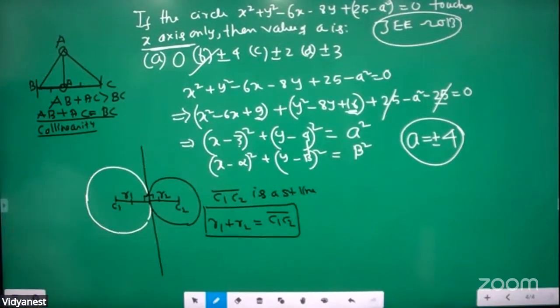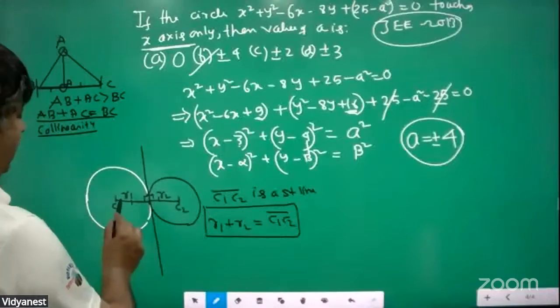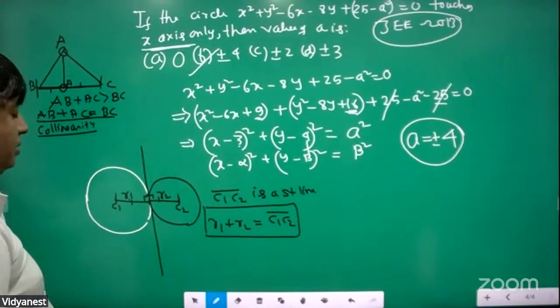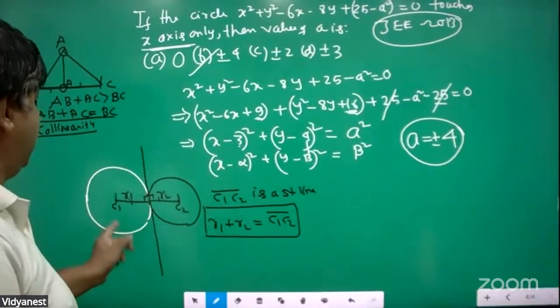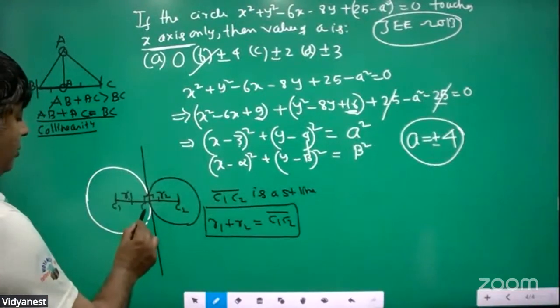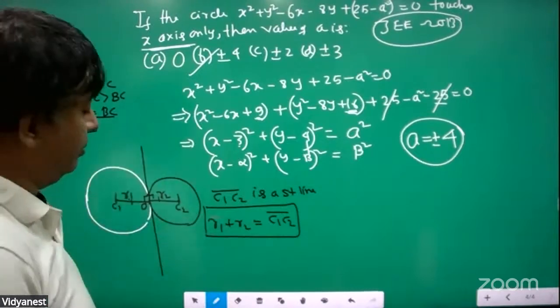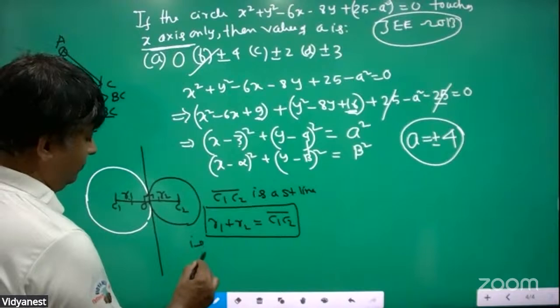You got this in your junior class. Here you also see R1 plus R2 is the distance of C1, C2. That means these 3 points are collinear and 2 circles touch each other. Okay? Is the condition